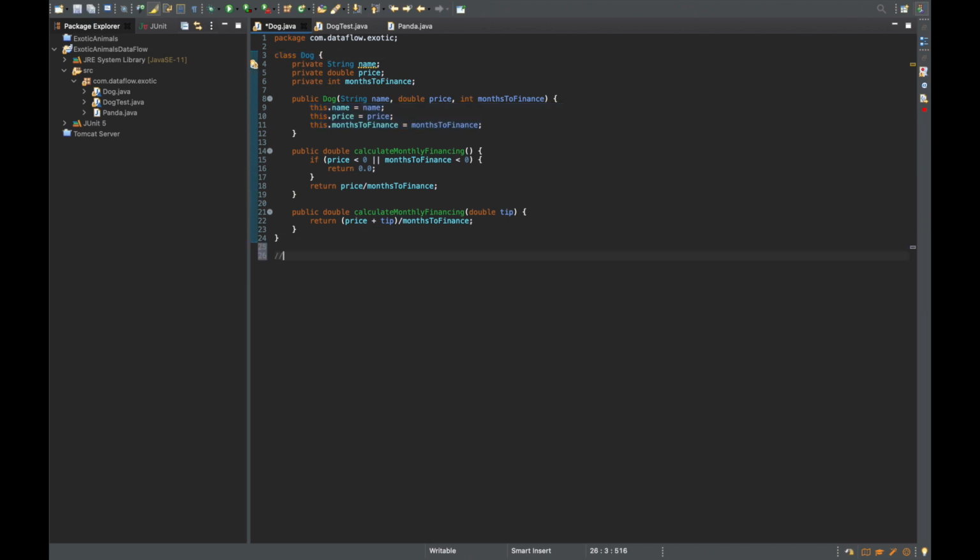So for example, if we do Dog, and let's call it something random, let's call it Jim equals new Dog, and then according to this constructor we have to pass in these variables. So let's call its name Jim, and then let's think of a price. Let's say it's $450, and months to finance, let's say the user wants 12 months to finance the price of this dog. So this effectively makes it so that Jim can now access all of the methods that are instantiated within